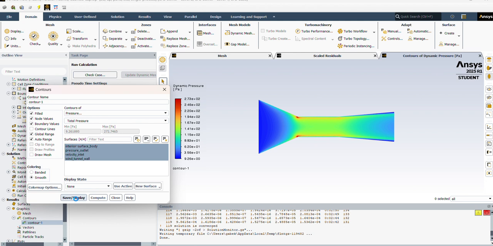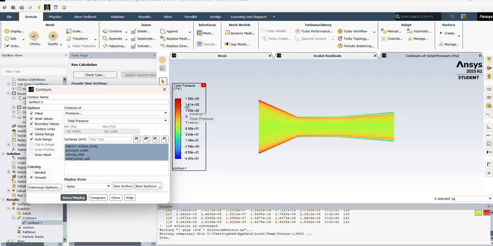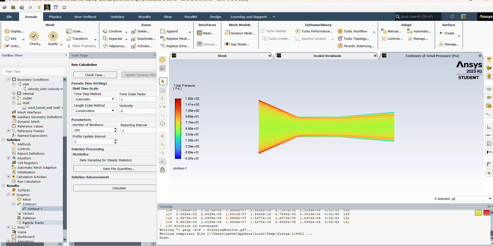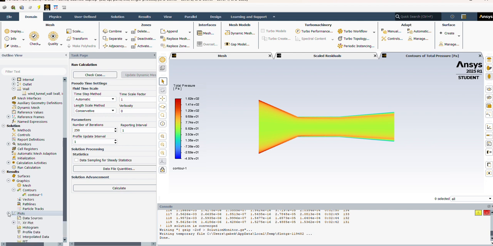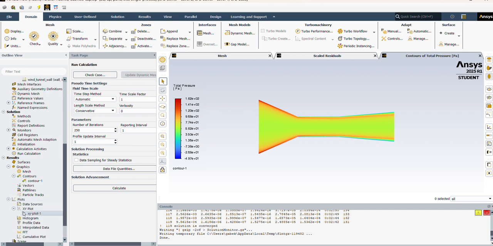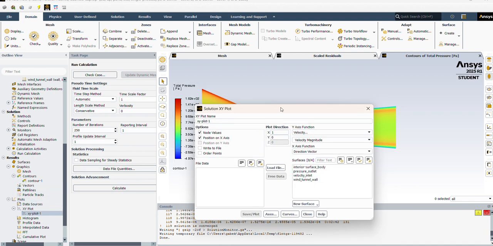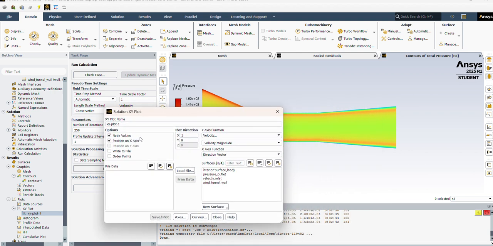Let's see, total pressure. There we go. Here it is, and that's how you do the first part for the contours. So that part's done, and then I'll do the stuff along the center line, and we'll do the streamline patterns at the end. So for this one, along the center line,